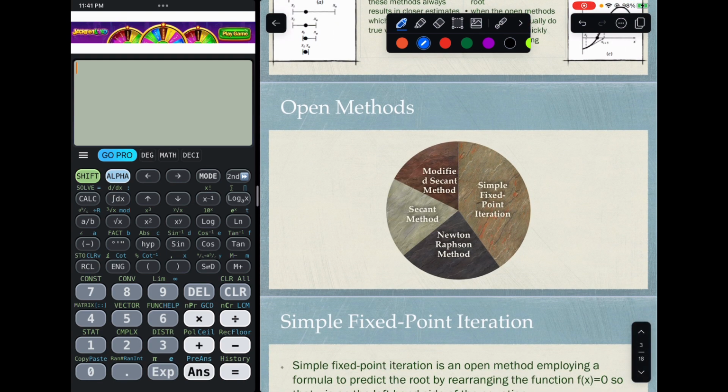So for open methods, there are actually four. We have the simple fixed point iteration, the Newton-Raphson method, the secant method, and the modified secant method. Simple fixed point iteration and Newton-Raphson method use a single initial value. The secant method uses 2 points and the modified secant uses 1 point. However, for this discussion, we will just limit ourselves to simple fixed point iteration and the Newton-Raphson